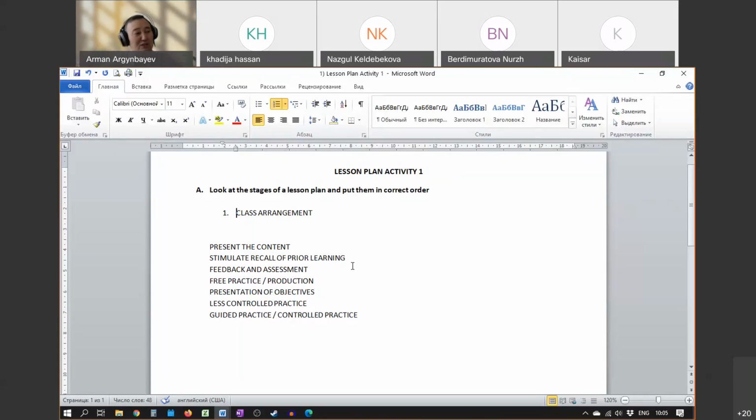So this is a class arrangement when you grab the attention of students, when you organize that moment. In Russian, they call it организационный момент. When you go to school, they'll tell you there must be in your lesson plan. There must be организационный момент. So this is organizing time, when you arrange the time, when you grab the attention of students. Okay. And second,